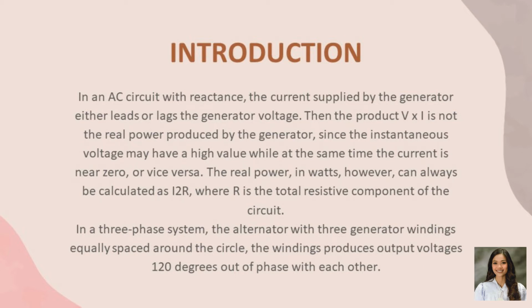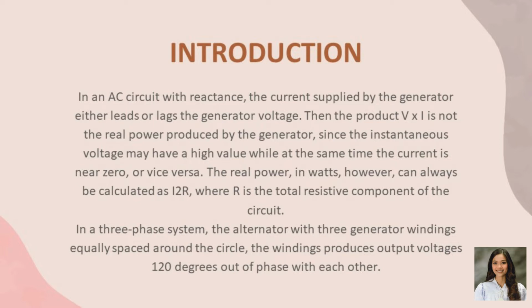Introduction. In an AC circuit with reactance, the current supplied by the generator either leads or lags the generator voltage. Then the product V times I is not the real power produced by the generator, since the instantaneous voltage may have a high value while at the same time the current is near zero or vice versa. The real power in watts, however, can always be calculated as I²R, where R is the total resistive